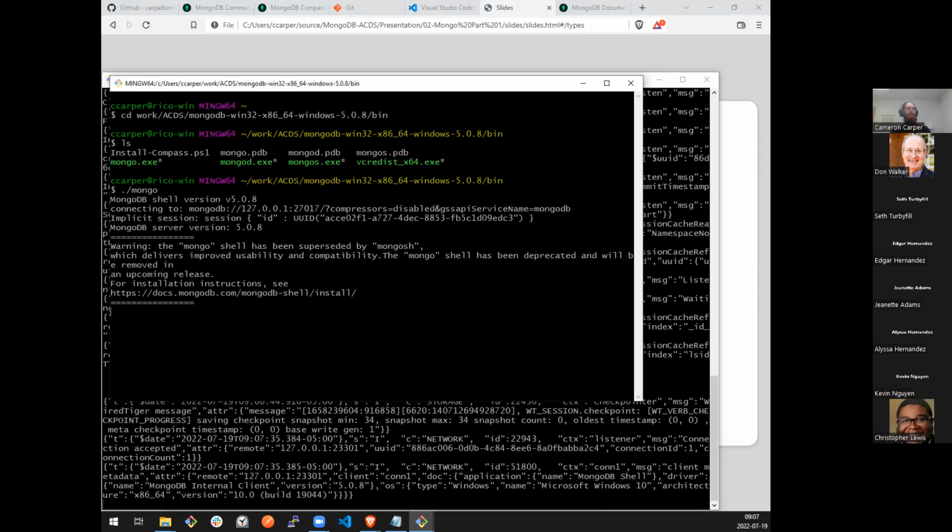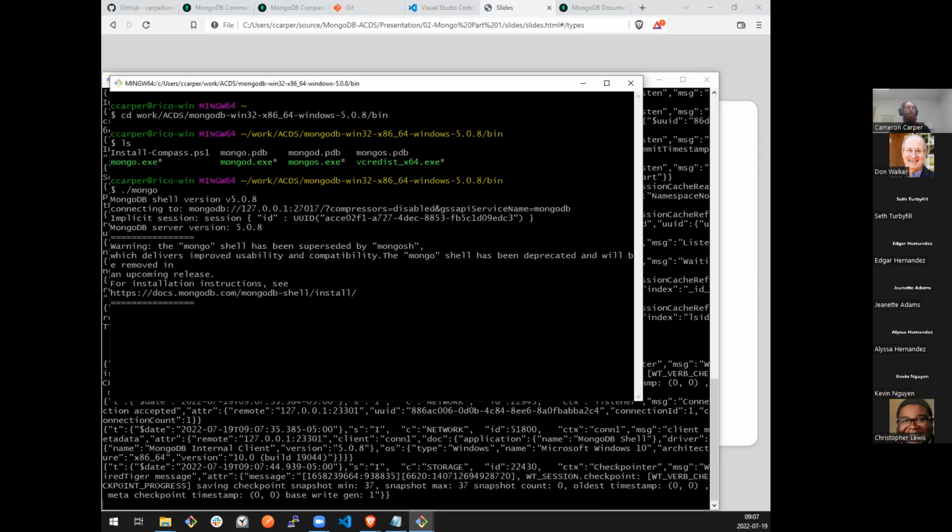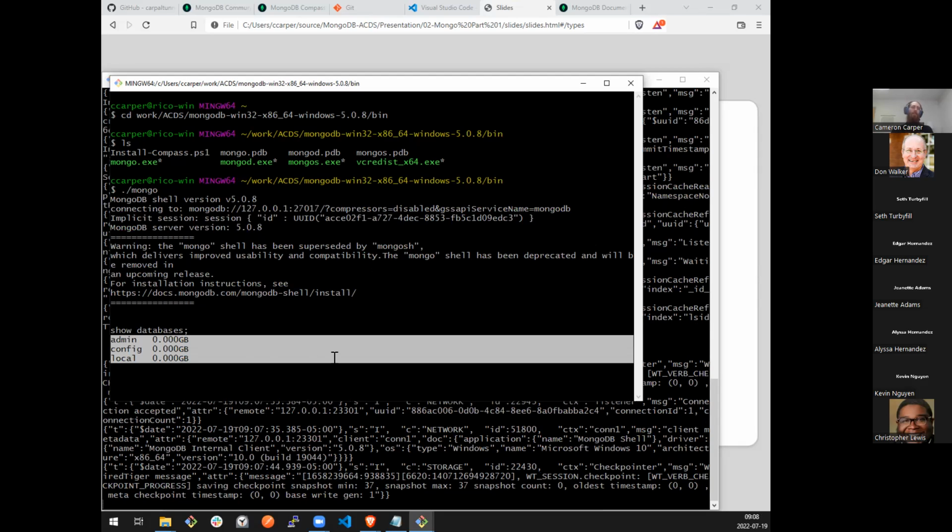It's connected to MongoDB server version 5.0.8. And you can also see that logs are continuing to spool out in the background in our MongoDB instance. And I may just want to run one command to ask if I'm connected and if things are working, like show databases, which if I'm not mistaken is exactly the same command you use in a relational database. And it does in fact have 3 databases that it came with by default: admin, config, local. At this point, I know my database is up and working.